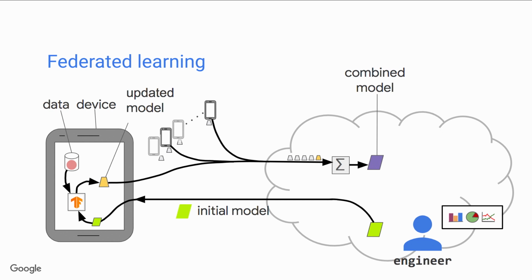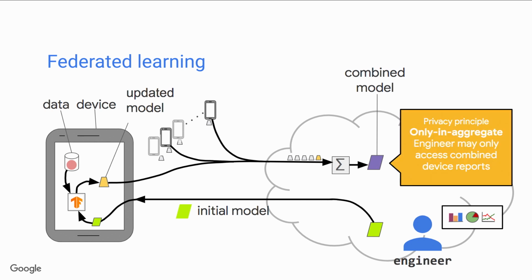So in practice, this process is happening in parallel on, say, hundreds of devices that are all computing updates to the same version of the global model. Those are aggregated into a new combined model. And then that improved version of the global model is made available to the model engineer, so they can, for example, do additional evaluation on that. And this is another privacy principle: we want to aggregate as soon as possible. Since all the model engineer needs is the model and not the individual updates, that's all that gets released.